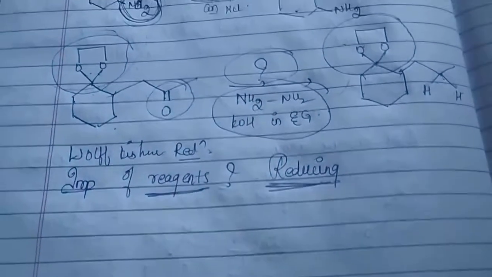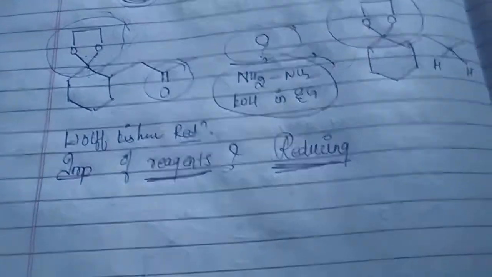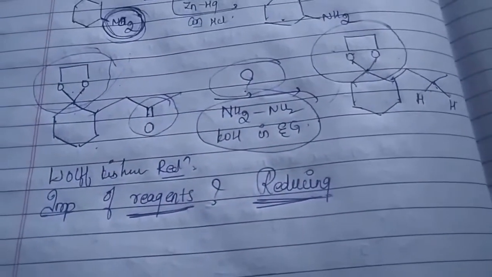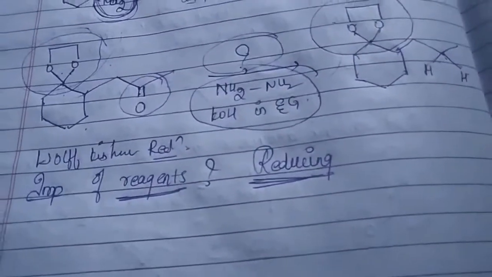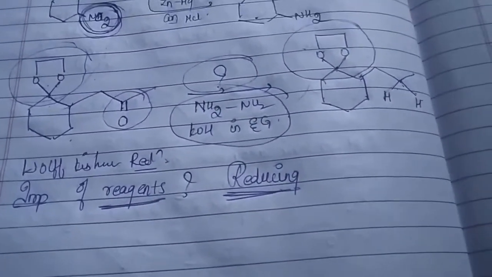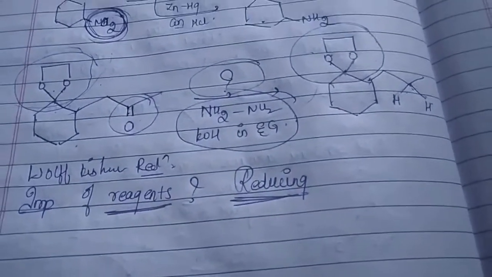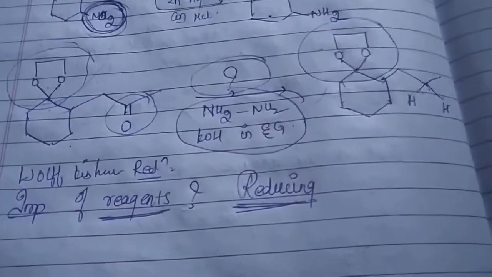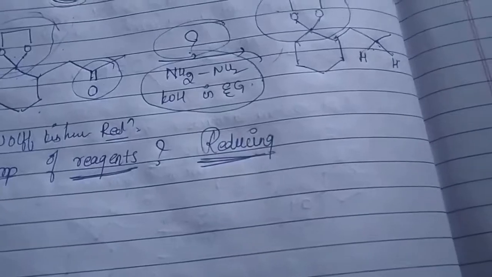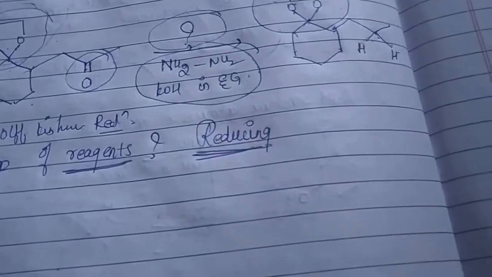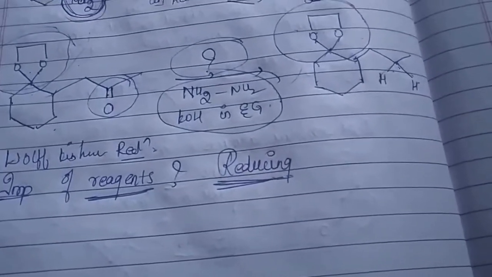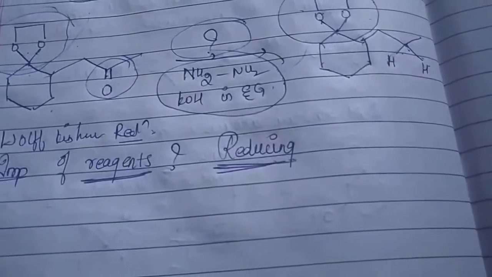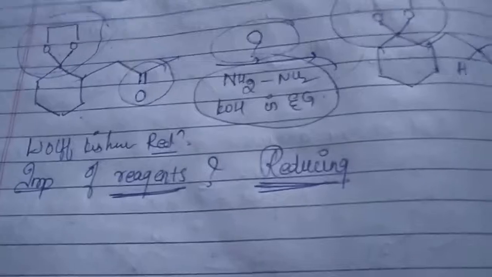Whatever we have dealt with in alcohols, we have looked at here also. Why am I saying so? Note that when you recall the alcohols chapter, when you are treating the carbonyl compounds with lithium aluminium hydride, what are you getting? You are getting alcohols.